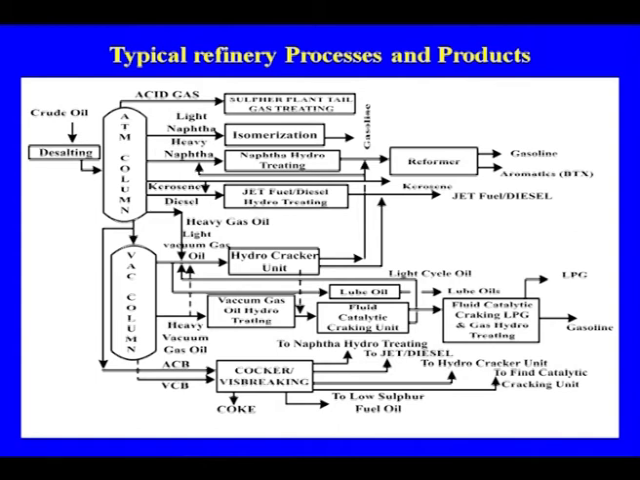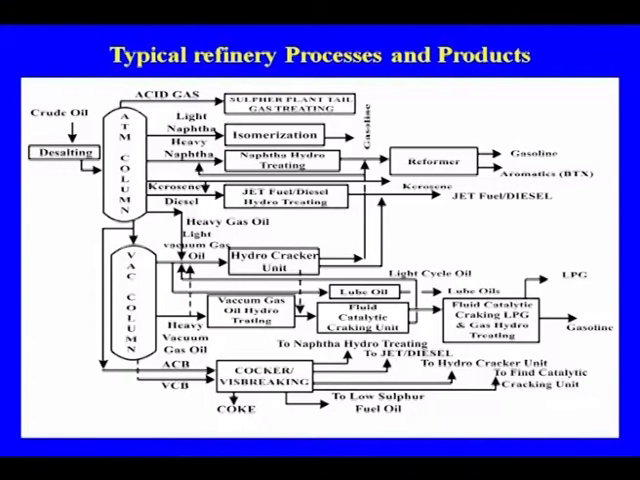are getting from the atmospheric and the vacuum column go for further processing to get more value added products. Suppose you take the case of the naphtha: some portion of the naphtha has a low octane number. So how to improve it? There are various processes, such as the isomerization process. Earlier it was catalytic reforming. Now many of the units have added the isomerization process also, for improving the octane number. Like that, the various processes,